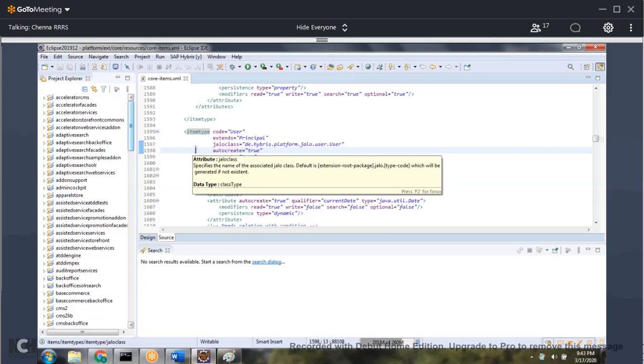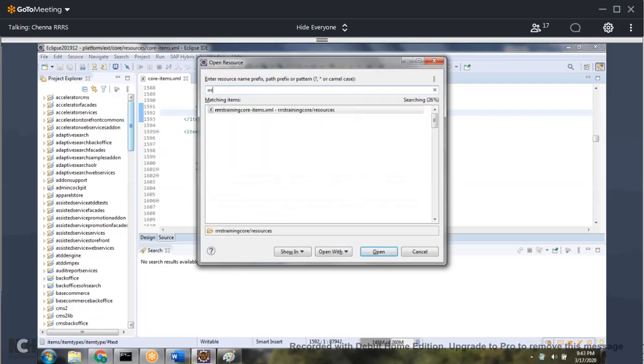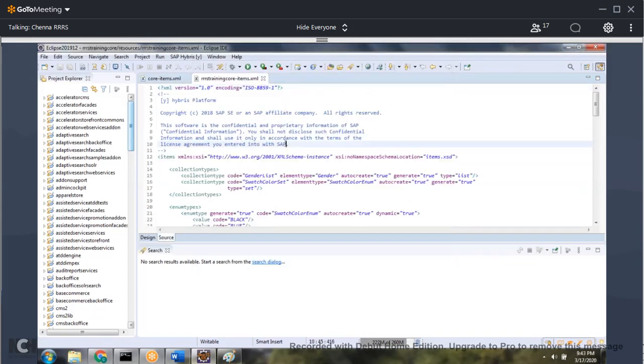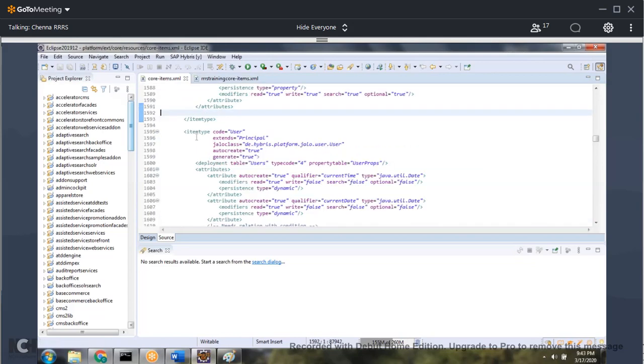Now tomorrow, let's say for the user table, you want to add one more attribute. Then where do you add it? You can add it here. Go to the item type and add it here.